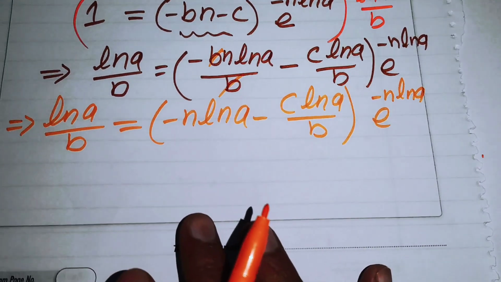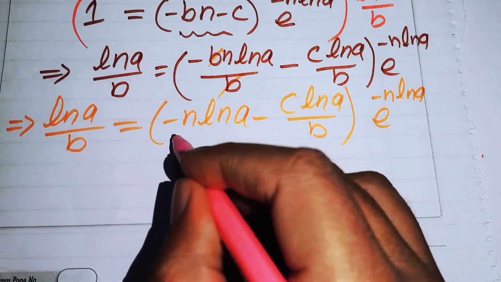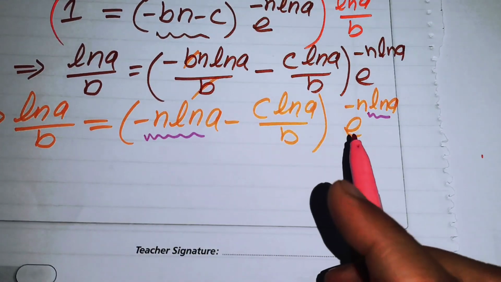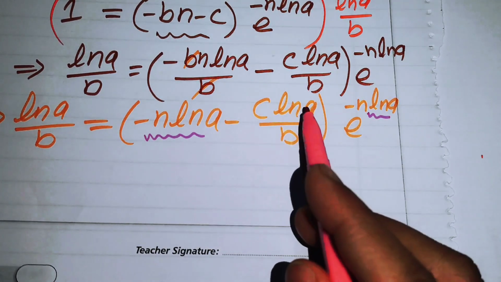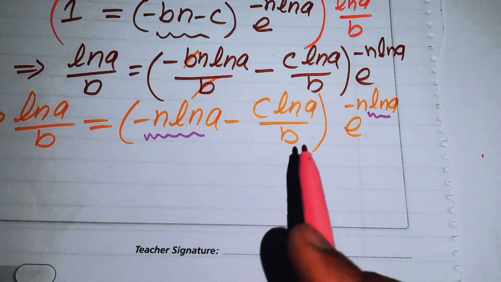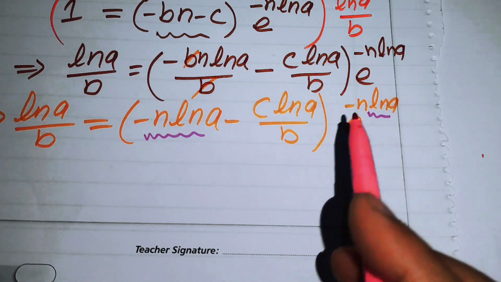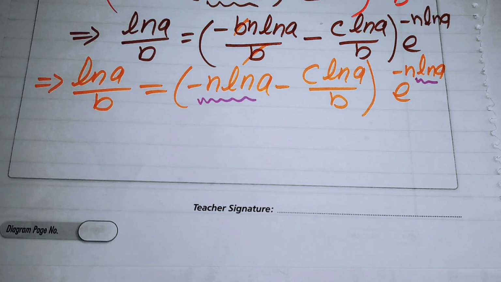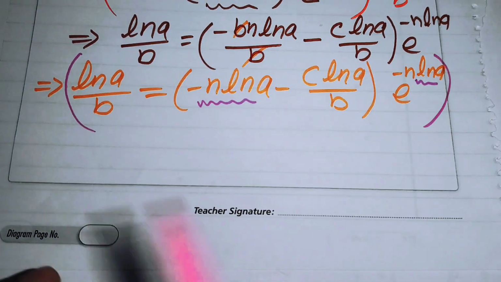And now you see here we make this term common on both cases, but in this term we need minus c times log a over b here. So in order to add or subtract this value on the exponent of e, we need to take a simple step. Here we multiply both of the sides by e to the power of